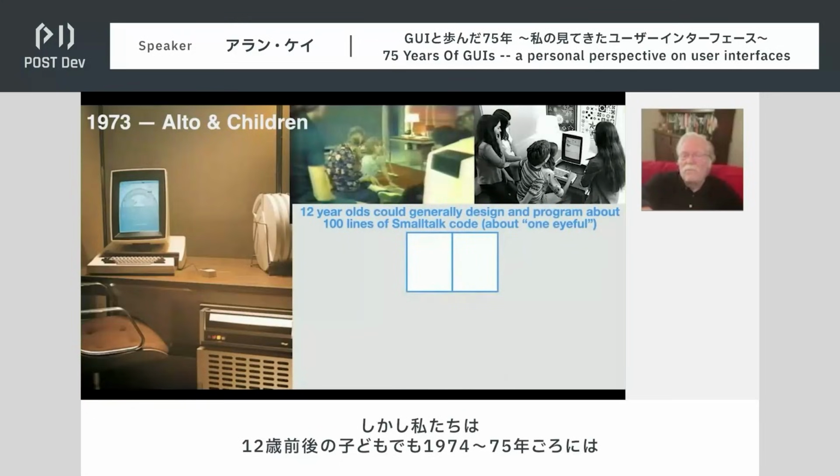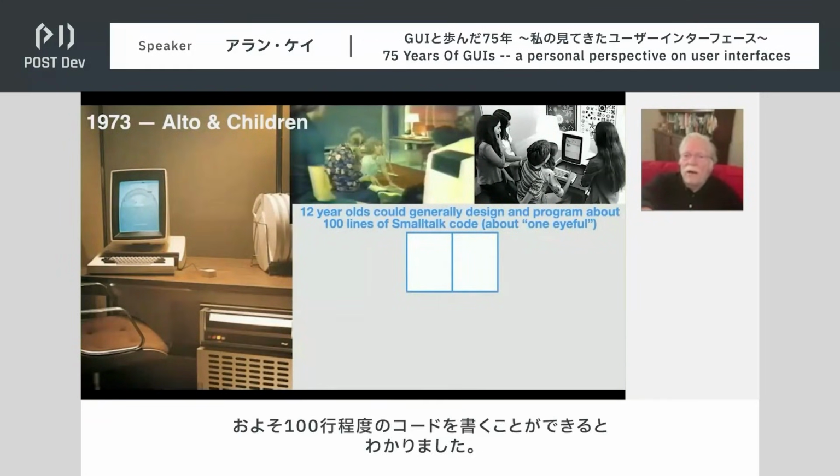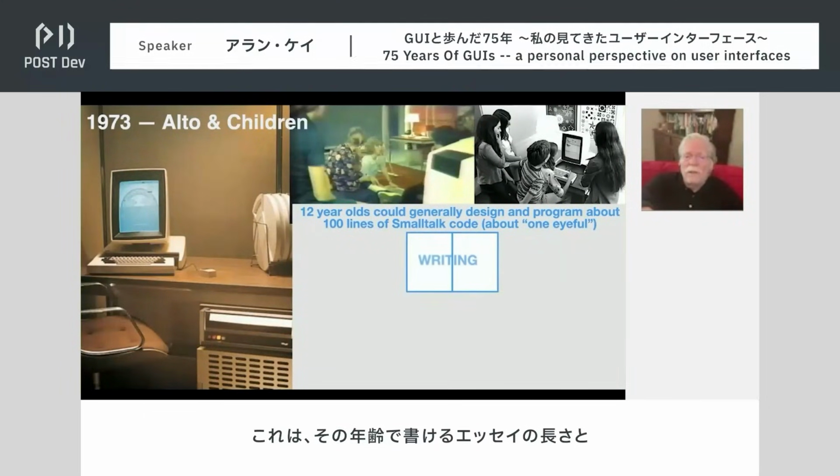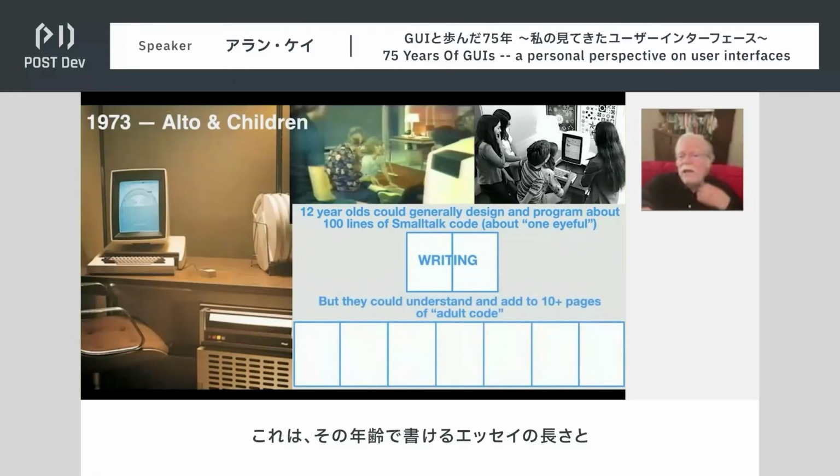But we found that kids around the age of 12 could program about 100 lines of code back around 1974, 75 or so. So they could write about 100, correlated very much with how much of an essay they could write at that age.